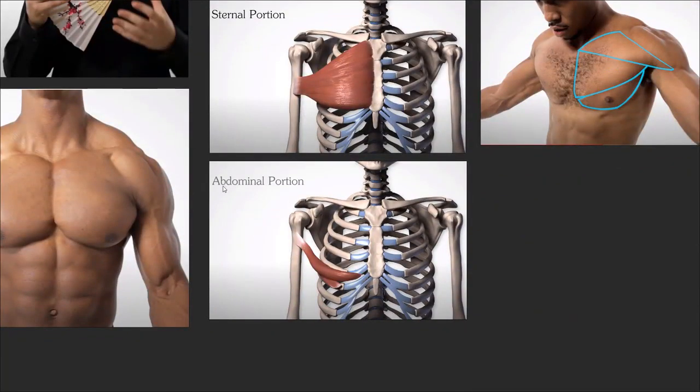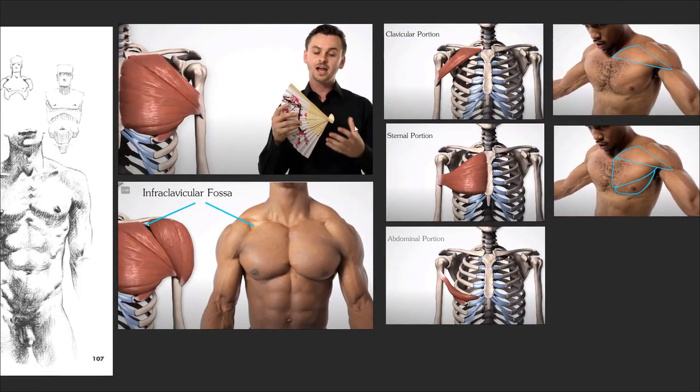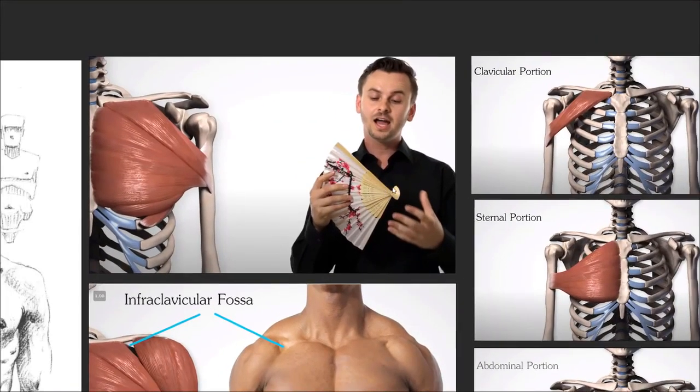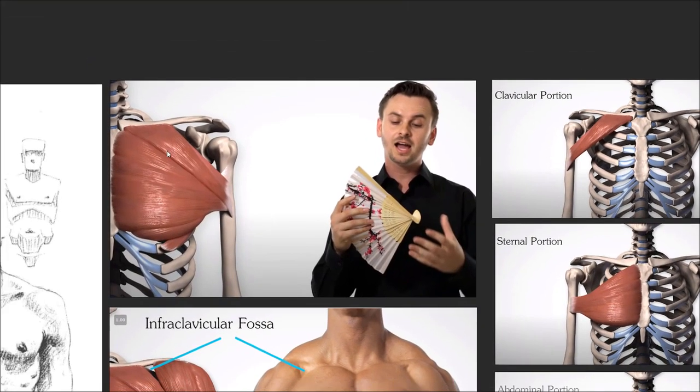Then we have the abdominal portion, which goes from the abdominal fascia. I don't remember, it's a fascia above everything here in the abdominals, and it goes also to the humerus, but more on the top. Because of this, it looks like a folding fan,